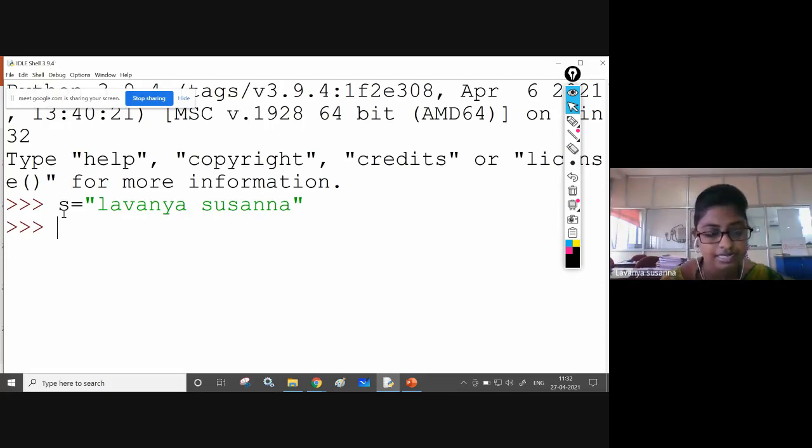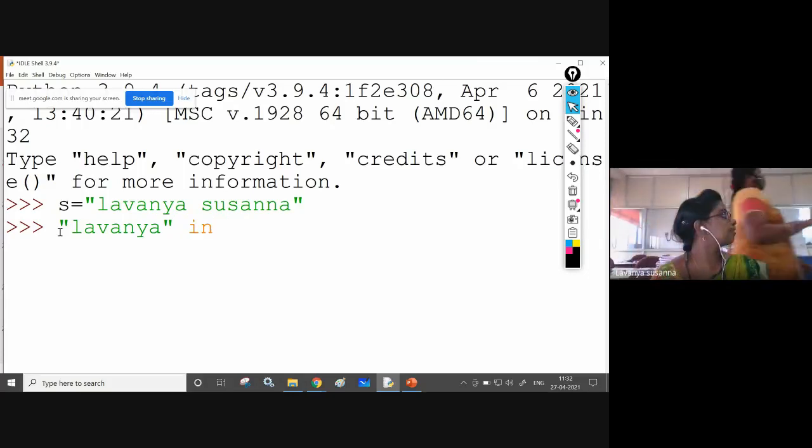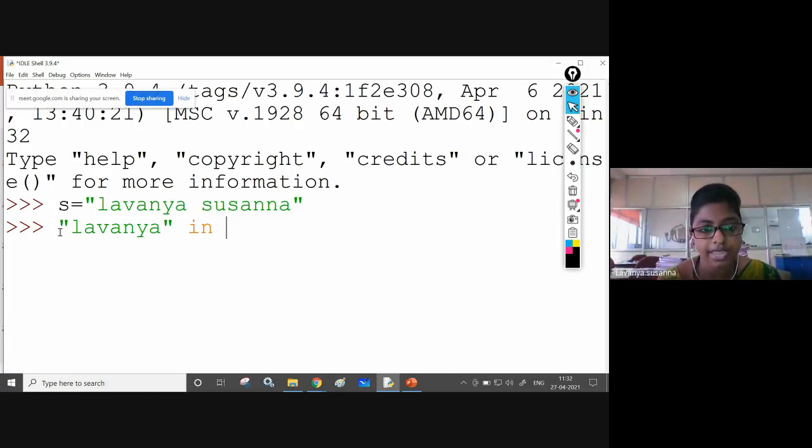Now s is a string variable which contains Lavanya Susanna. See here what I am doing: Lavanya in s. I am using the membership operator in. It checks whether this Lavanya is present in s, which contains Lavanya Susanna.